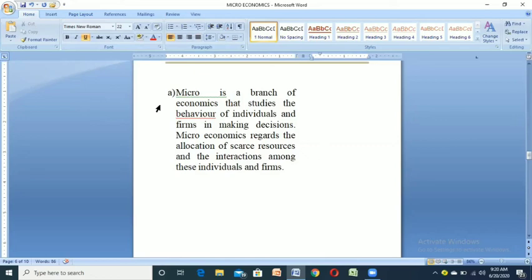Do well, go through it well, and very soon you will be getting your assignments and MCQs in the form of a Google Form, like how you have done quizzes and MCQs. Sometimes you may get short answers also. You have to type short answers according to this unit.